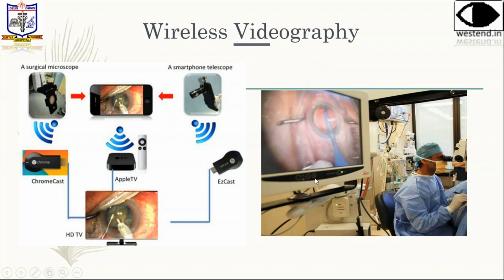You can use an Apple TV if you have an iPhone, directly cast it onto an Apple TV. If you have a Chromecast, you can do that also, or you can use other casting devices like EasyCast or AnyCast, which is available in India for very cheap. And you can cast from Android phones or iPhones to any of these. So while you're recording your slit lamp photographs, while you're recording your surgeries, you can record and cast it onto a large screen, using these dongles which connect to the HDMI port of your TVs.